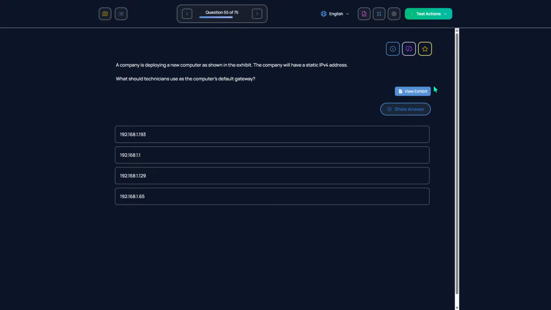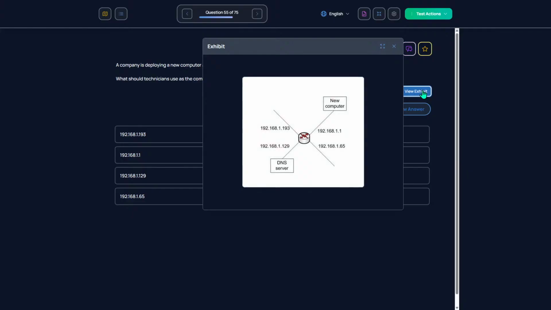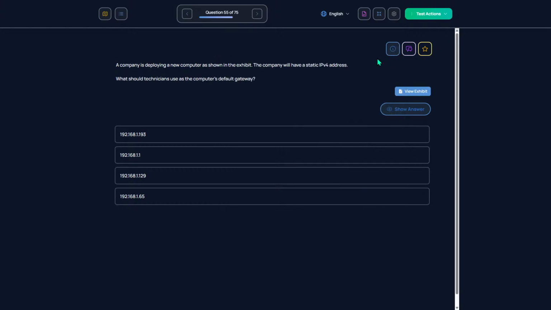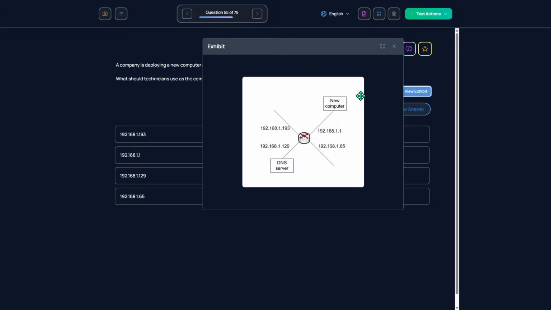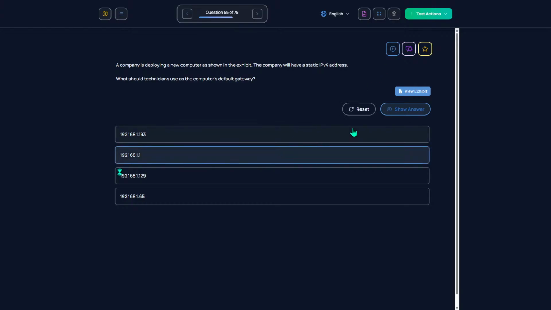What should technicians use as the computer's default gateway? 1.1.